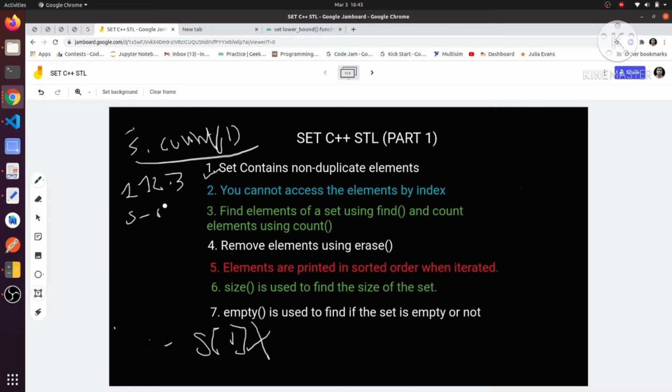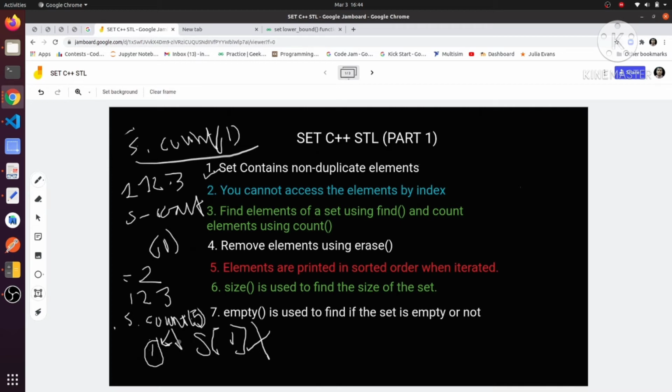Suppose I have the elements 1 1 2 3, you may think that s dot count of 1 will return 2, but that is not correct. When we insert them in a set, it becomes 1 2 3. So s dot count of 1 will return 1, not 2, right?